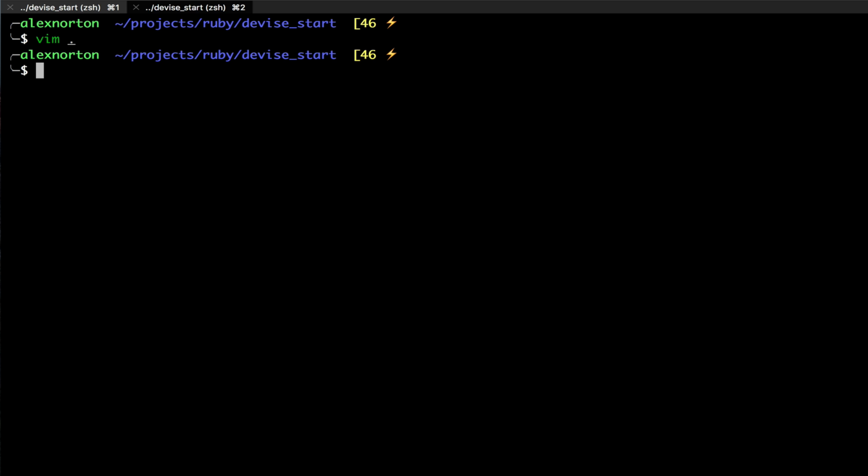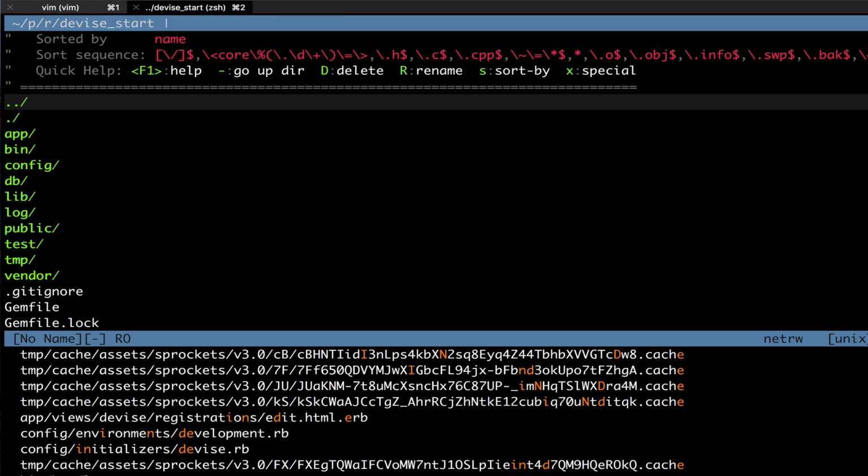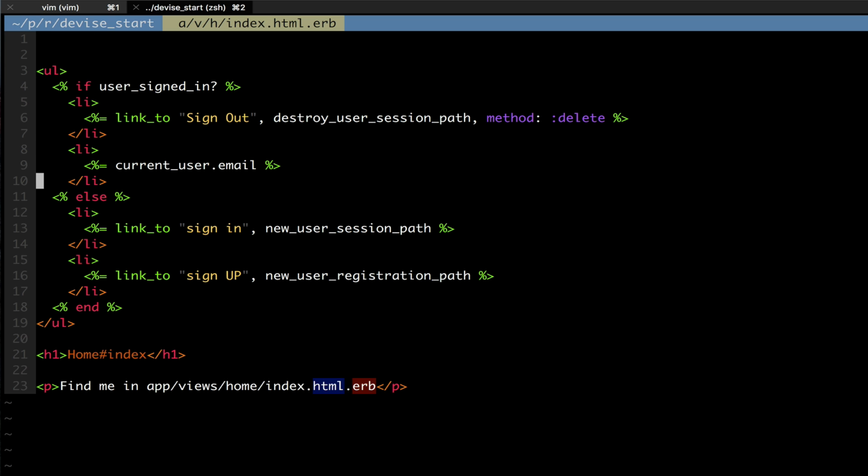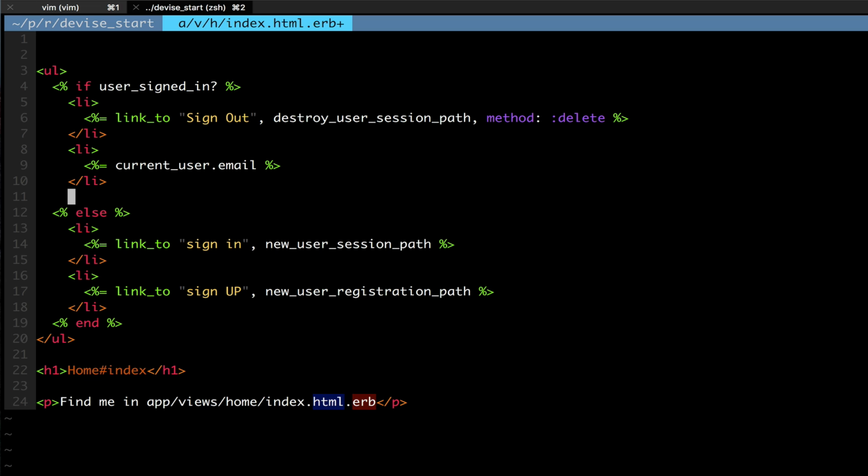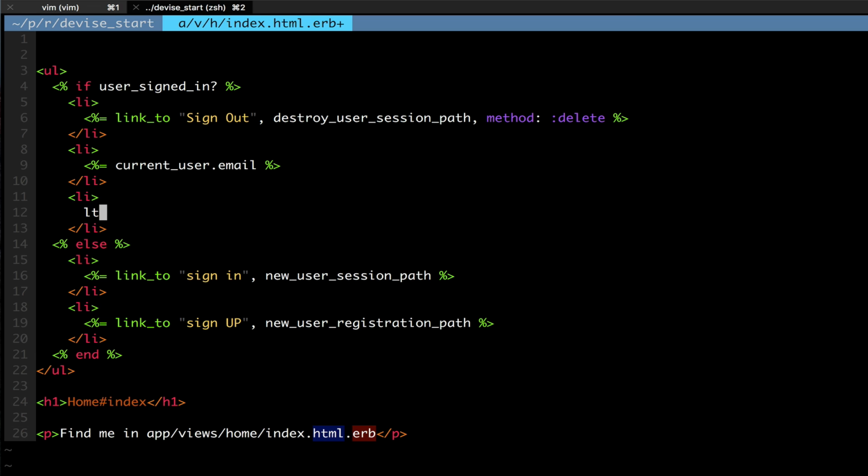Now we're going to update our actual views so that you can edit your account. I can do that by going to our index file, and we have to add another item if the user is signed in, which allows the user to edit their account. And the way we can do this is we can make a link that says edit account, and in that account we can then